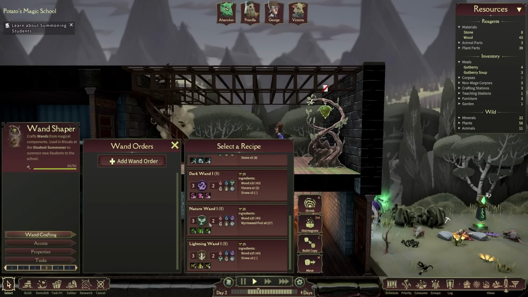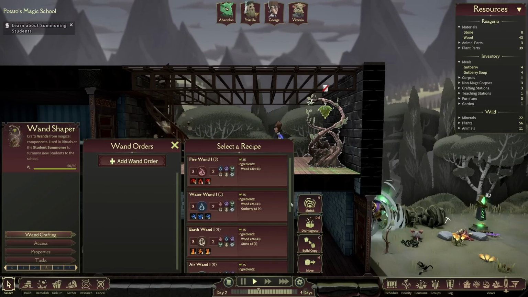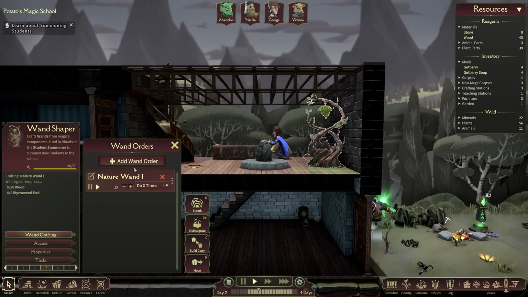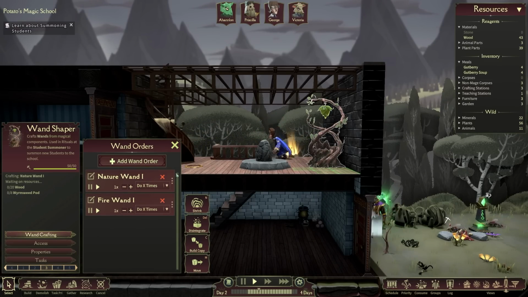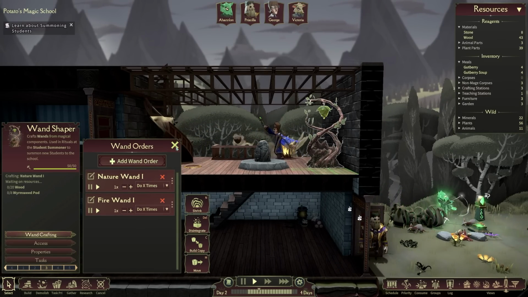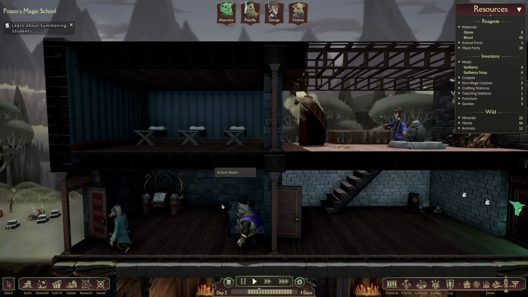For example, there's a nature wand. Again, this all matters. It's not super important. But let's build a nature wand, and then let's also build a fire wand, since that's reasonably simple for us to do. A member of staff should be able to build that relatively quickly. And once we've done that, we should be